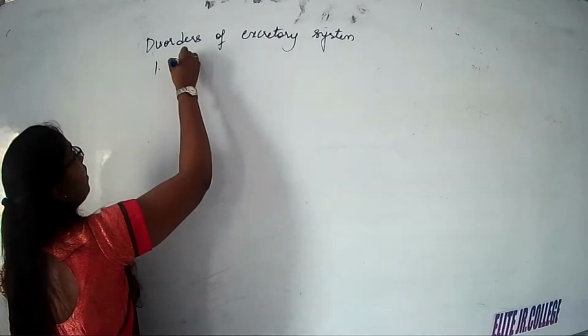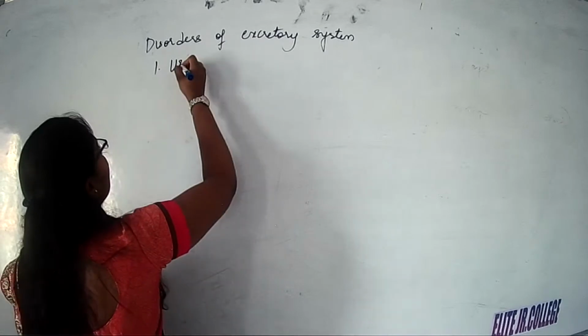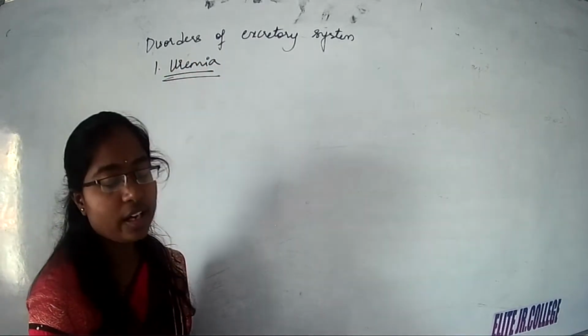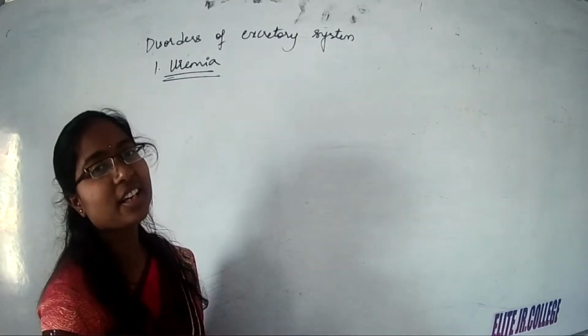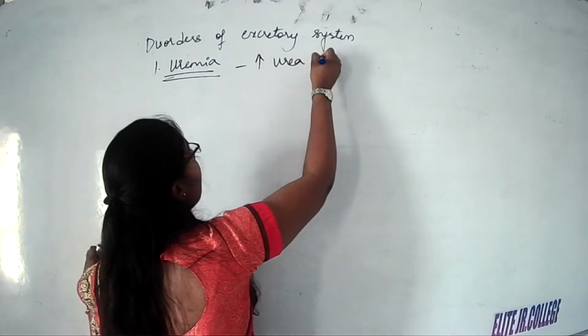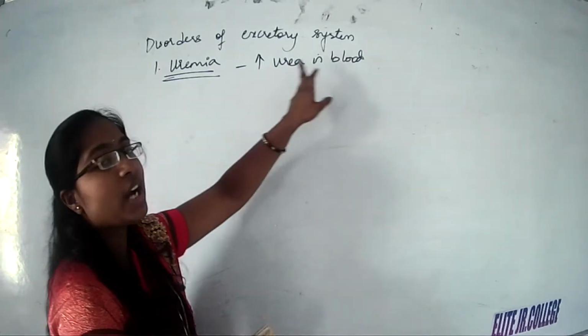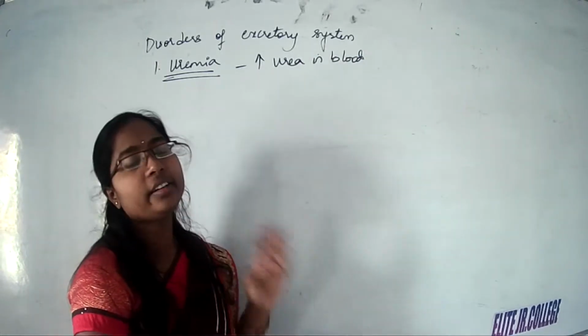First one is uremia. So uremia is a condition in which there is increased amounts of urea in the blood. There is going to be increased amounts of urea in the blood. So this increased amount of urea in the blood can be due to